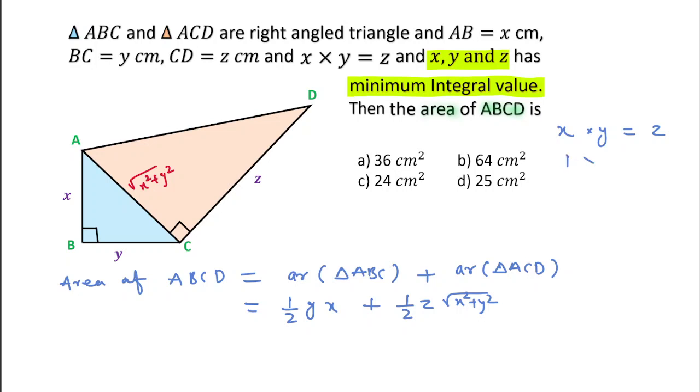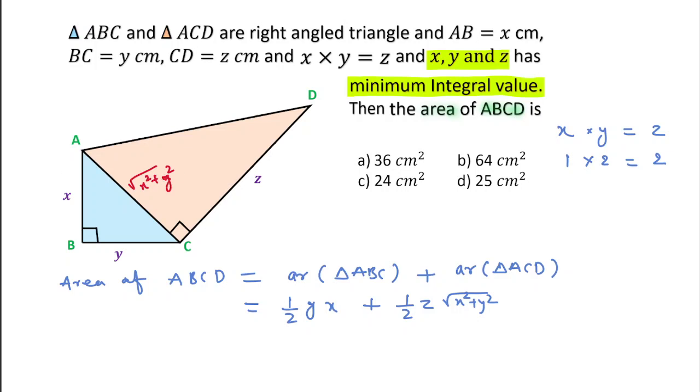If we take 1 into 2 then z will be 2, but this will not be right, because if we take x as 1, 1 square, and y as 2, 2 square, so 1 plus 4, that is 5, under root 5. This is not following the condition because this is a right angle triangle, so this must follow a Pythagoras triplet. So this is only possible